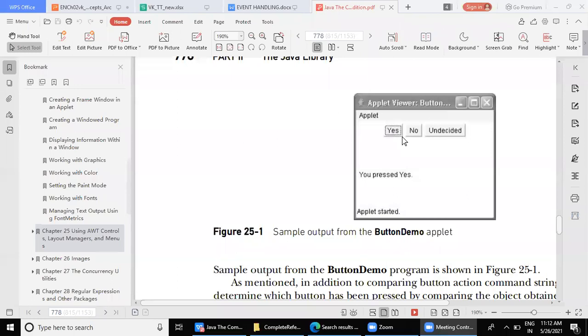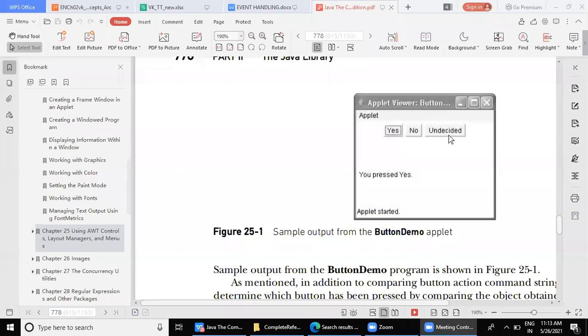Only when the registration is done, when the action is performed, the source will inform the listener and the listener will handle the event. Now which method do we have to use to respond to the event? Action performed. Now my question to you is, there are three buttons here.